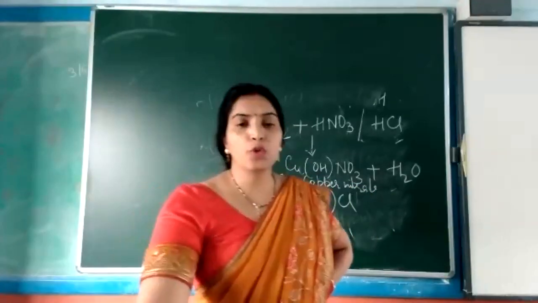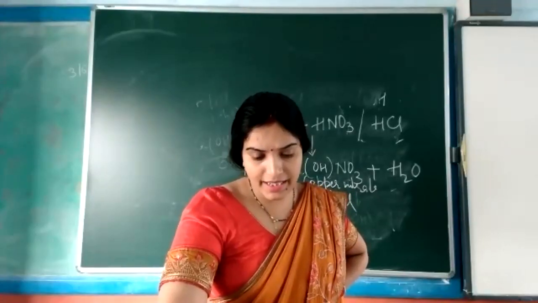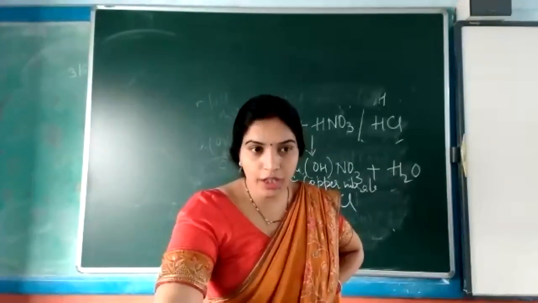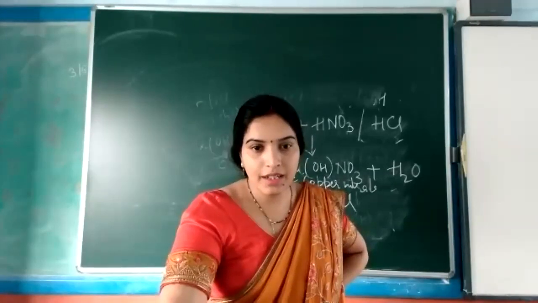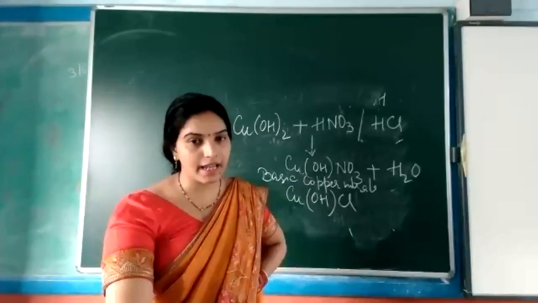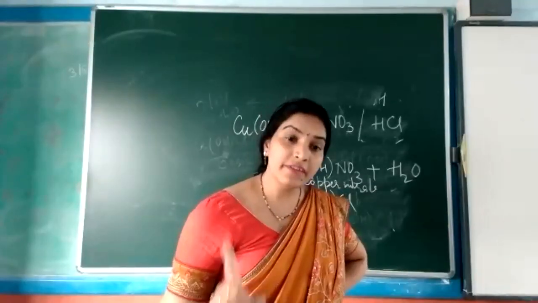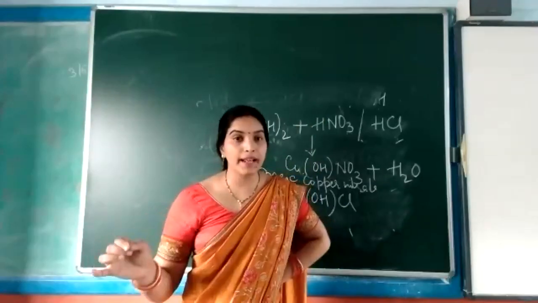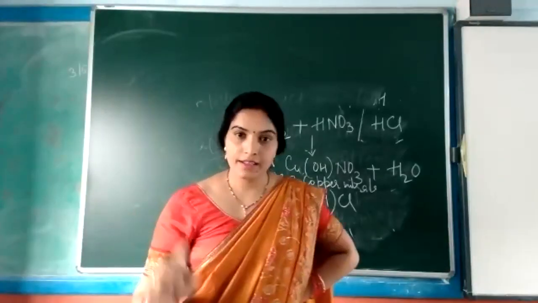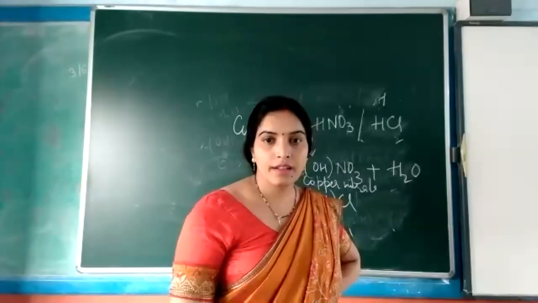In mixed salt, it may contain two or more acidic as well as basic radicals. Many examples are given: sodium silver cyanide, sodium zincate. Zincate, you have studied, that is an amphoteric metal, sodium zincate. So this sodium zincate contains a simple ion, that is Na+, and a ZnO2 2- ion, that is a complex ion. We have discussed earlier also that all complex ions are formed by two simple ions. The zincate is formed by Zn2+ and O2-. Clear?